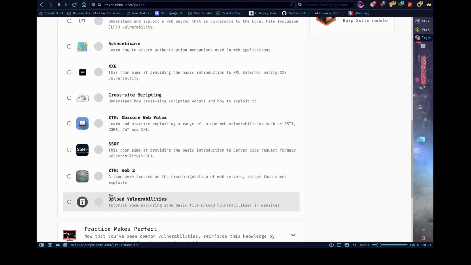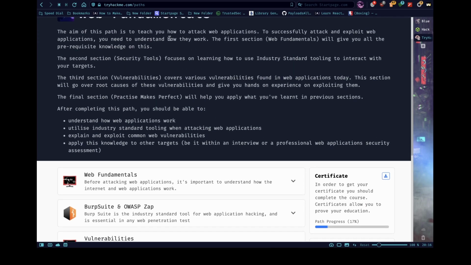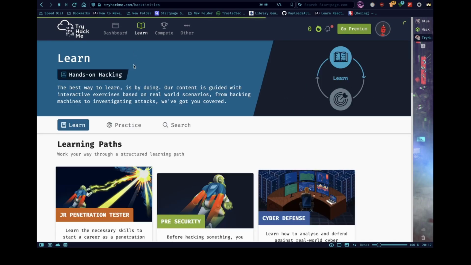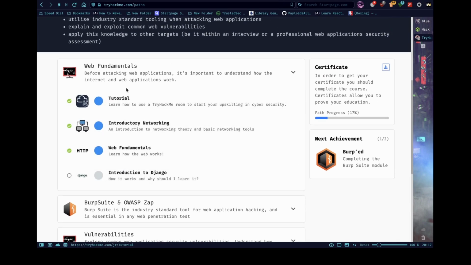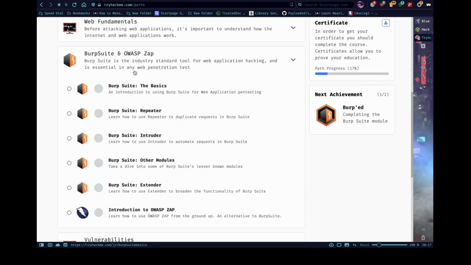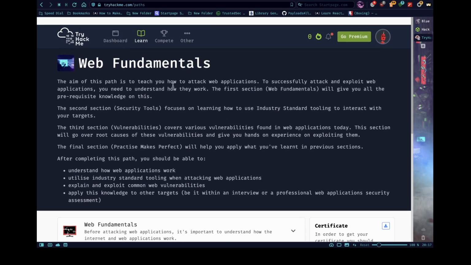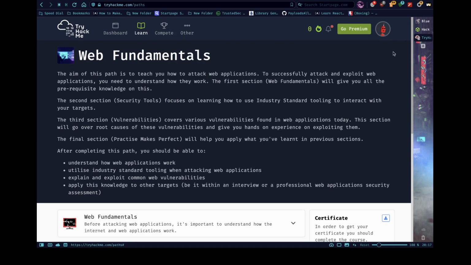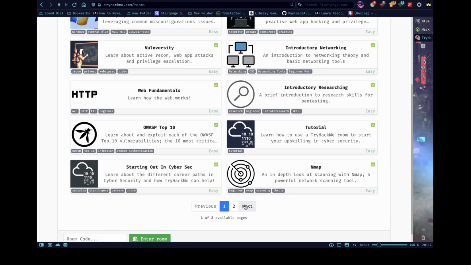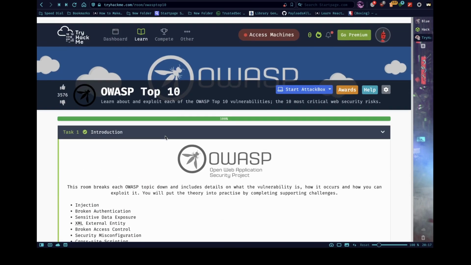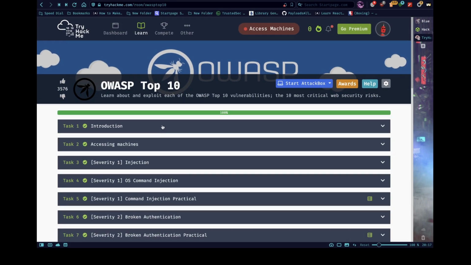And hold on, vulnerabilities. I think the room that I'm looking for was the OWASP top 10 room. There was a room like that, right? Can I check the rooms that I completed? Oh, just missed it. Yeah, the OWASP top 10 room. I'm not gonna be doing a walkthrough of it because I don't know how TryHackMe feels about that, but